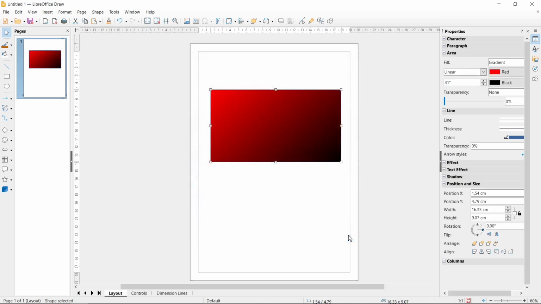Now I click OK button, and how you see gradient effect has been successfully applied to our object. So in this way we can use gradients in